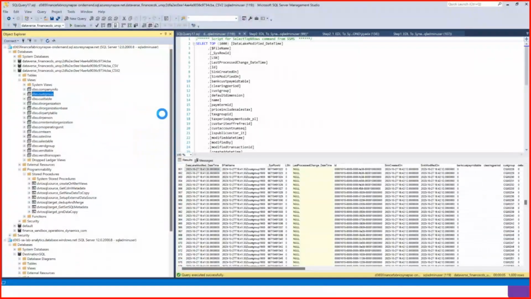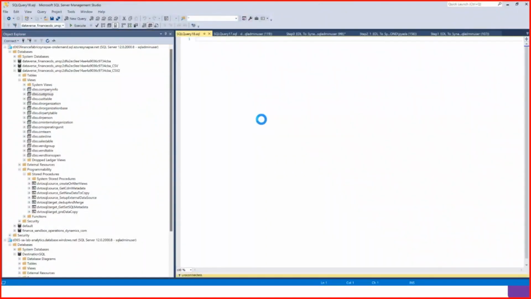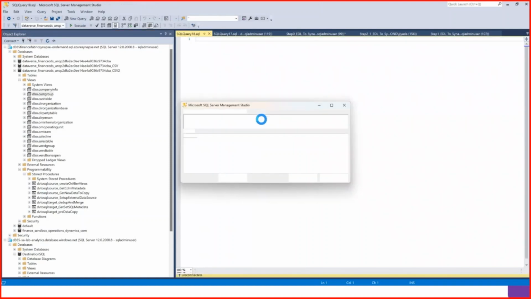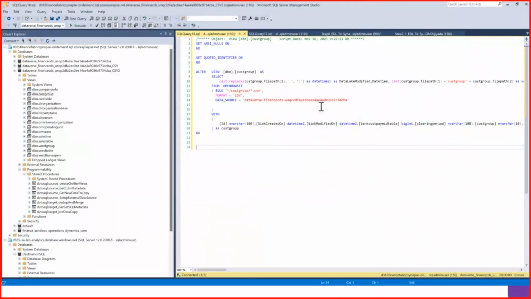So what I've done here is the script to create the view, and that folder, data lake modified date time, is the folder name. You'll see the value of that in a bit. But as you can see here, this is nothing but a file path, the first folder path, renamed as data lake modified date time. So essentially, we are creating a column for the folder name as a timestamp folder,